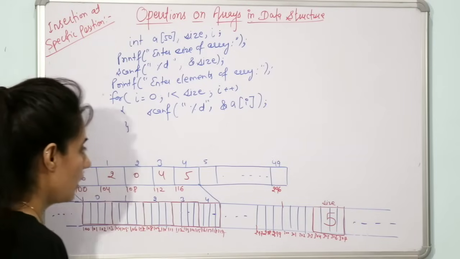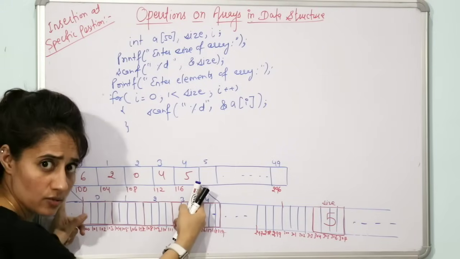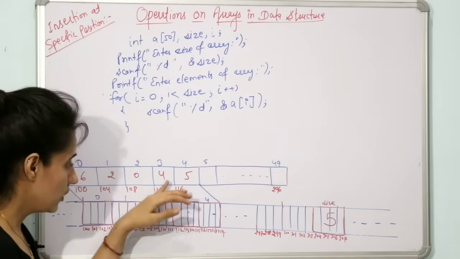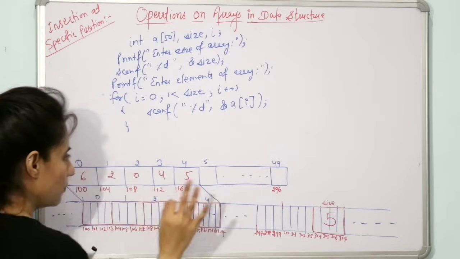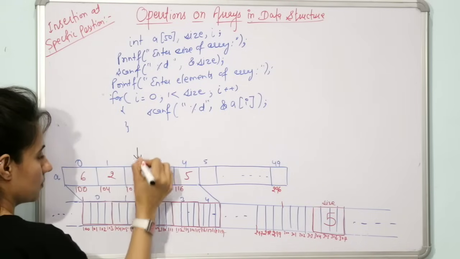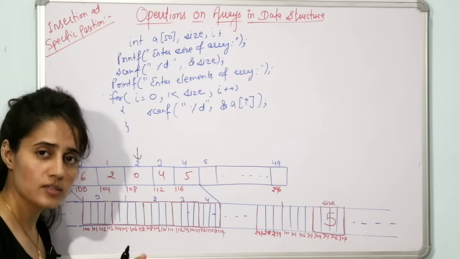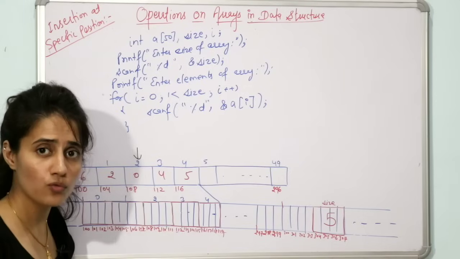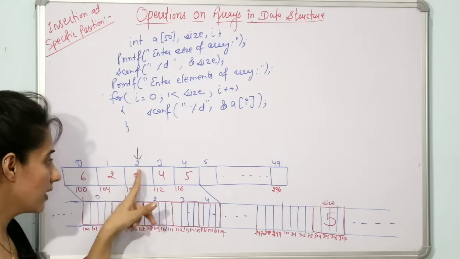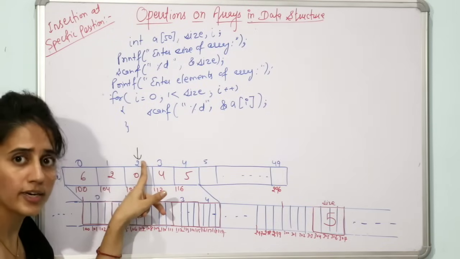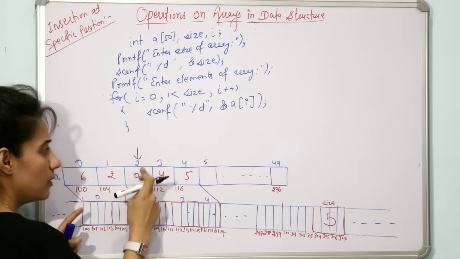Fine. Now see, I am going to take the same example. We are having only 5 elements. Fine. Now how to insert? First of all we will discuss with the help of one example, then we will write the code. Now suppose at position 3. See, I am going to treat index and position as different things. Somewhere you find that index is the same as position. Somewhere it is written that at position 2 you are going to insert, so the index is also 2. But here I am going to consider position is 3rd but index is 2,